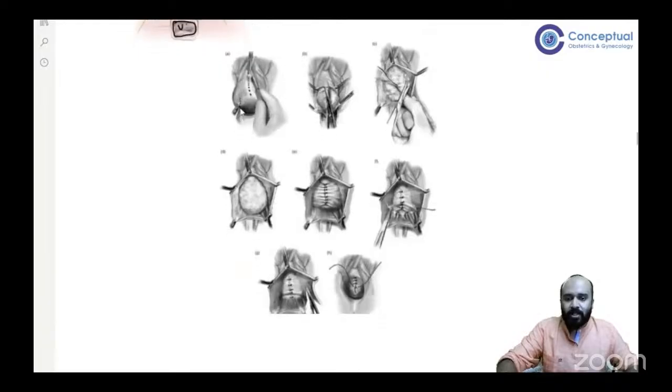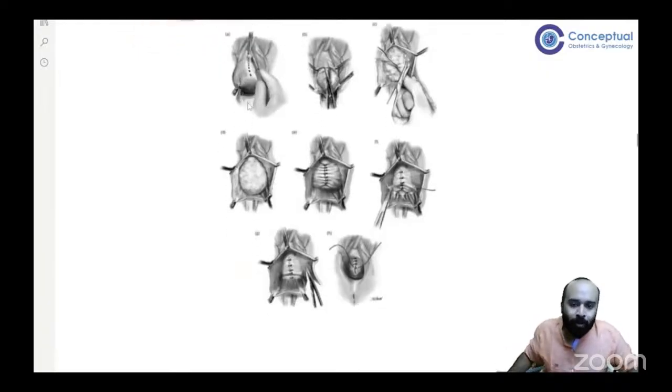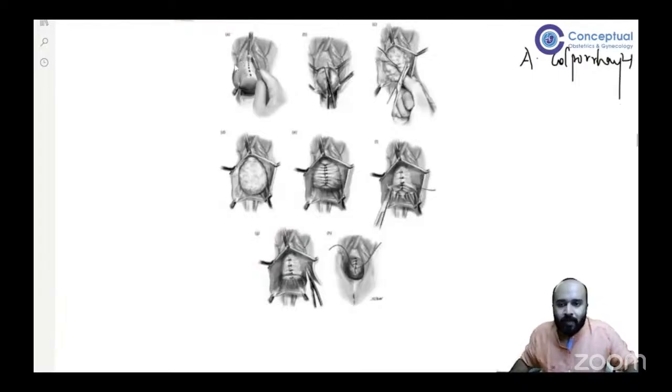The next surgery that we had was the anterior colporrhaphy, or the A repair that we do in a vaginal hysterectomy. Anterior colporrhaphy. Colpo is the vagina, raphy is repair. So what we do in this is my anterior vaginal wall. I've taken an incision on this and I've cut open with a scissor. Once I've cut open, you can see that there is the endopelvic fascia that is present over here, what we also call as the pubocervical fascia. This pubocervical fascia, you see,